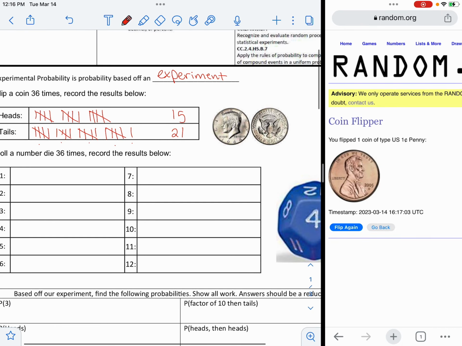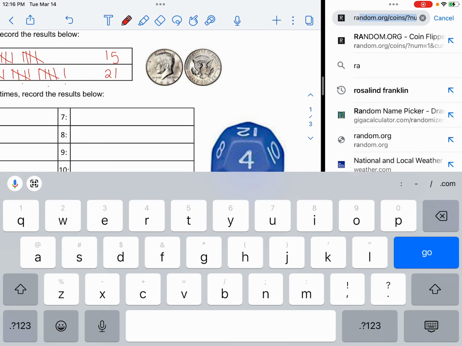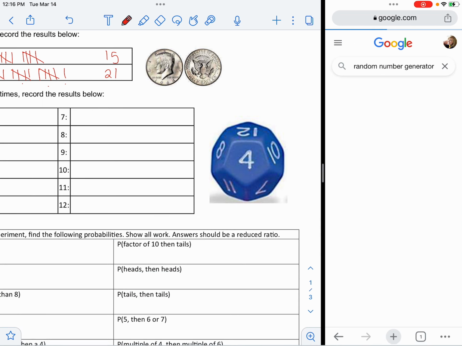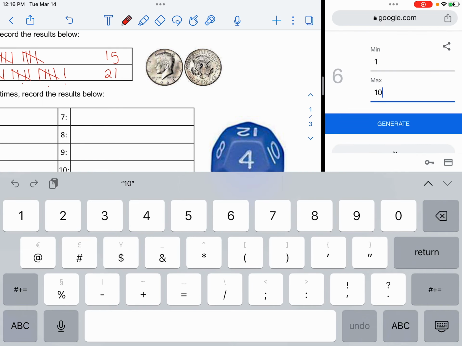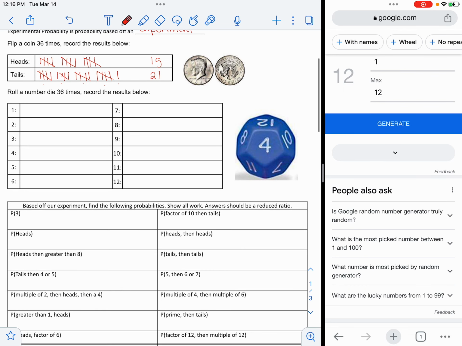Okay, and now we're also going to do a random number generator. If I had a die to do this, I would do that for you. So 1 to 12, 36 times. So it's 1, 2, 3, 4, 5,